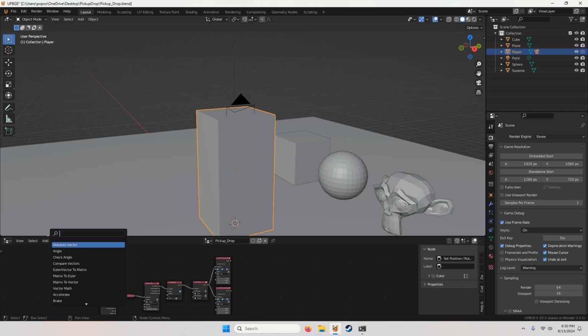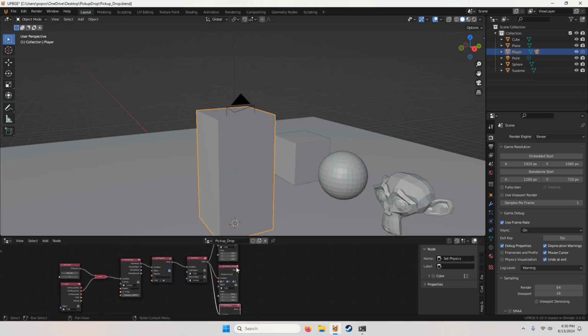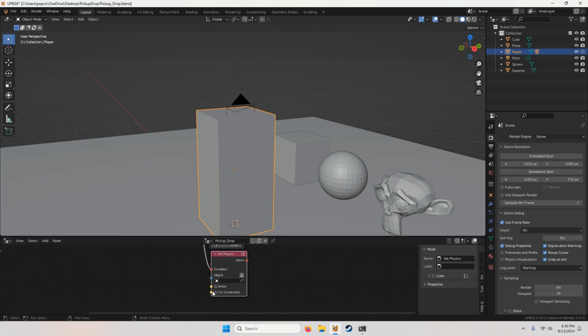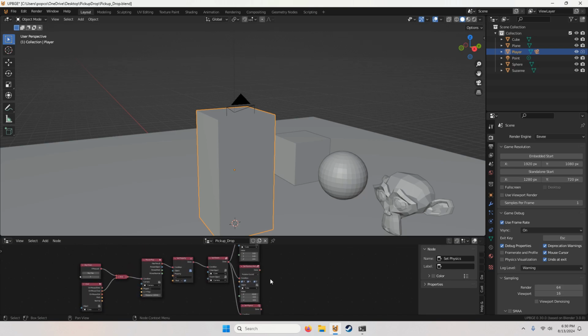Now we'll need a set physics node. And we'll leave this inactive because we don't want physics enabled while we have the item.